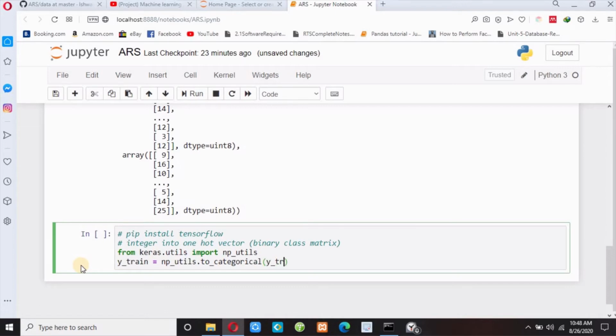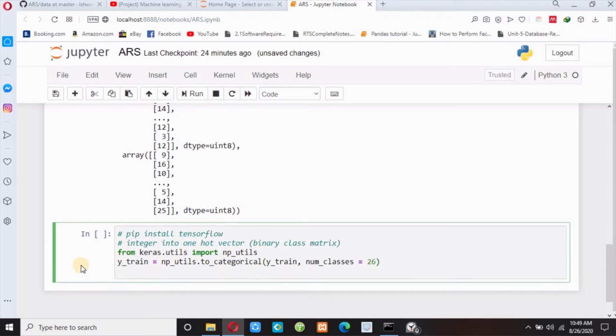I need to pass y_train, and then I need to pass the number of classes. Yes, and since we have 26 letters, we need to pass 26 here. And then in the same way, y_test equals np_utils.to_categorical y_test, and num_classes equals 26.